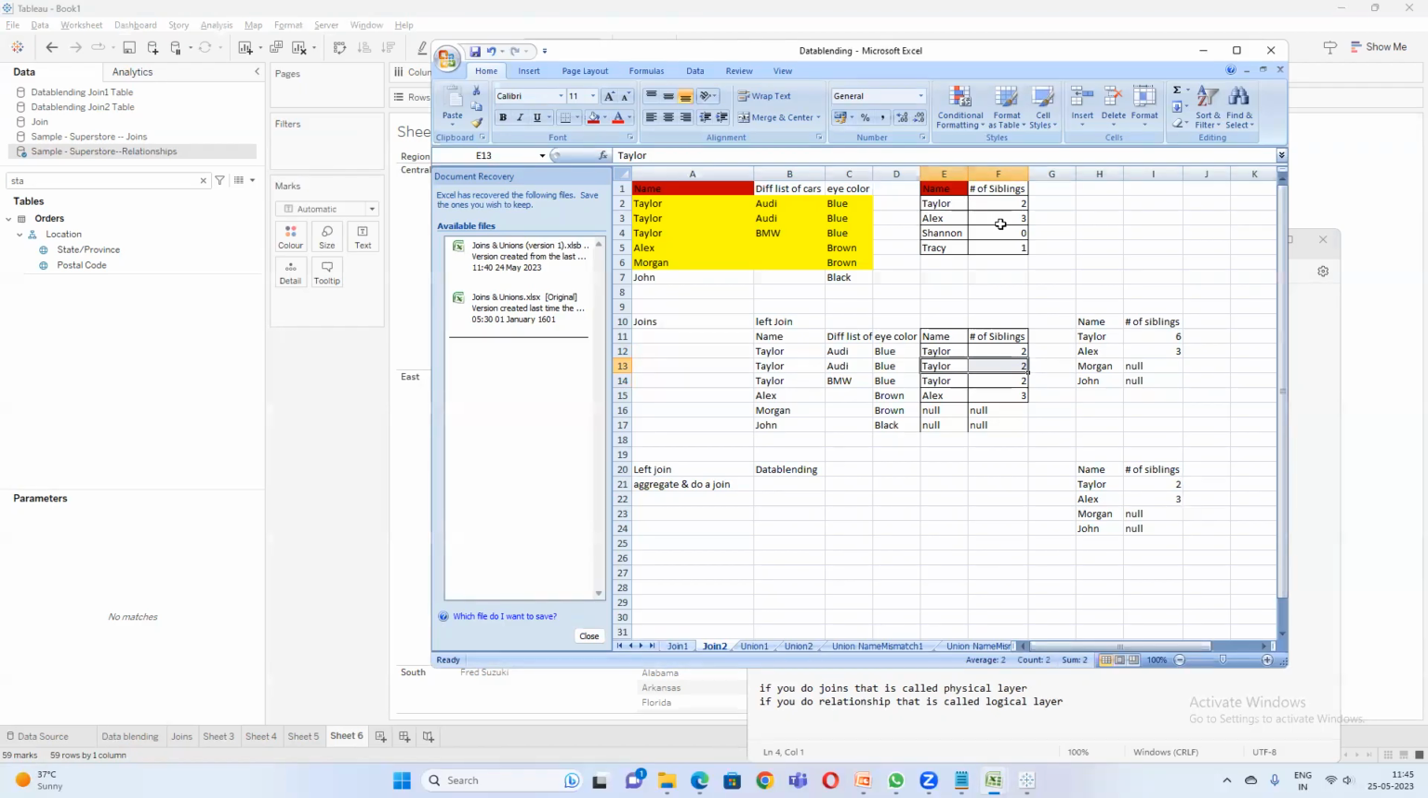So Taylor has only two siblings, but it is giving you six, which is wrong. Okay, so let's say I am trying to get the information of one more column, like father name. Let's say the father name is Maze, and even if the father name is repeating, Maze,